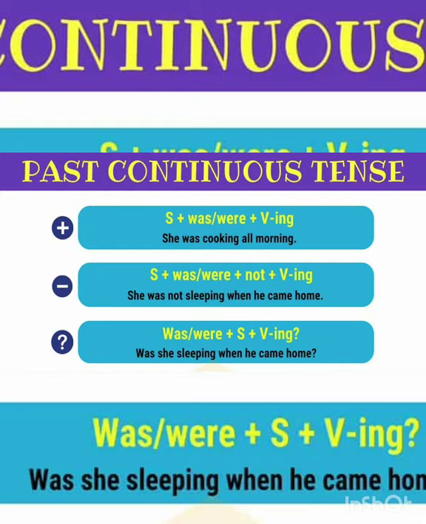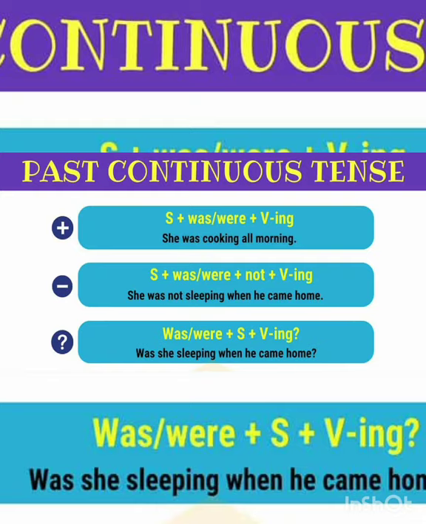First comes the subject, then we should put the helping verb, either was or were, on the basis of the subject. If the subject is singular I, we should use was. If the subject is plural we, again were comes. If the subject is second person singular you, we should use were. If the subject is second person plural you, again the helping verb should be were. If the subject is he or she or it, we should use was again, and for the subject they, we should use were.